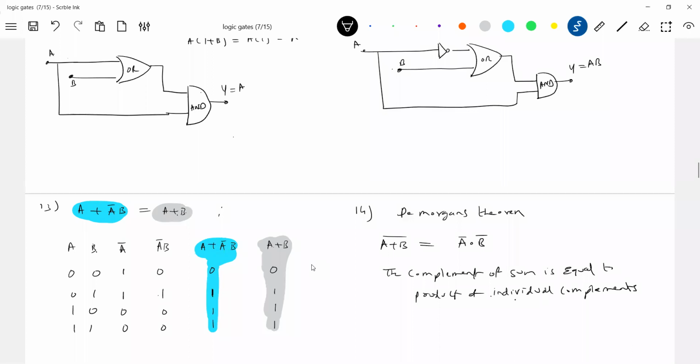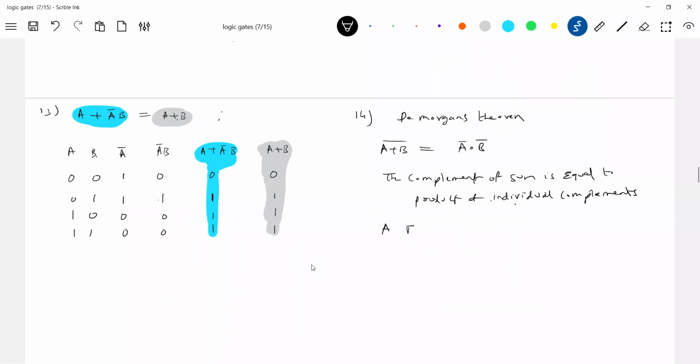Now, sir, what do we have to do? Is it right or wrong? So what we'll do is take inputs A, B, then A plus B, then (A plus B) whole complement. Keep it here. Next, A complement, B complement is there. So A complement you make it, then A complement dot B complement. If these two columns are equal: 0, 1, 1, 0, 1, 1. So this should be the OR operation: 1, 1, 1. This should be 1, 0, 0, 0. Agree with this? Or no, come for A complement. A complement should be 1, 1, 0, 0. B complement 1, 0, 1, 0.